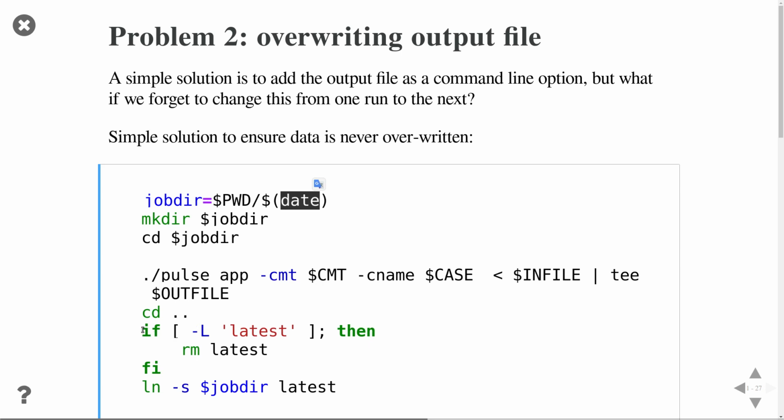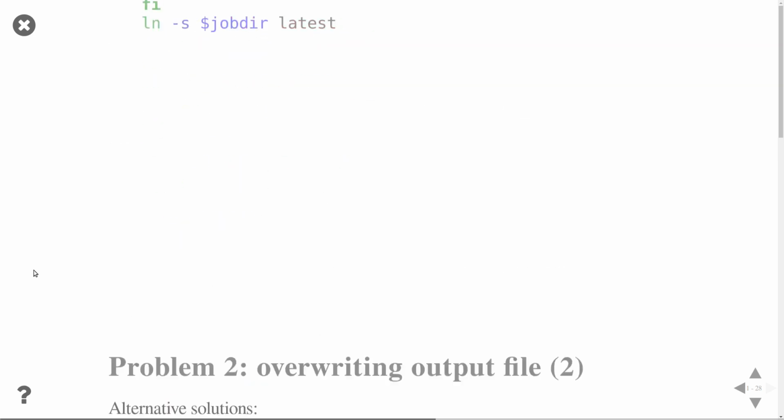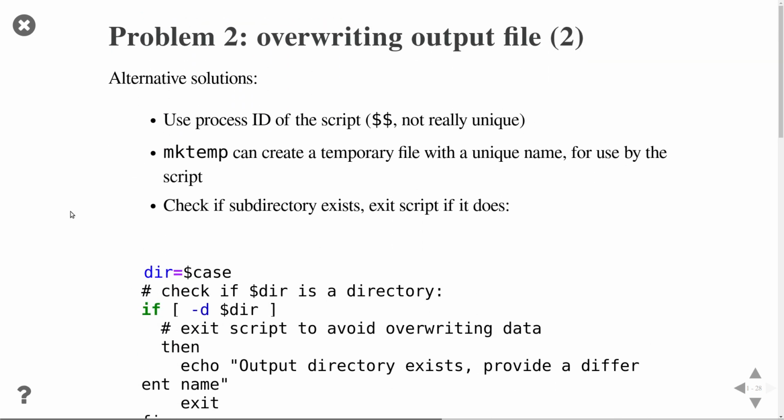So what I'm doing basically is I check if that link already exists. In that case, I delete it. And then the last line, I create the link that points to the latest job directory. So that's good. Other ideas on how we can avoid overwriting files is we could use every process in Unix